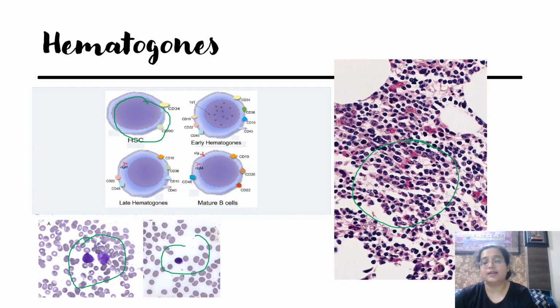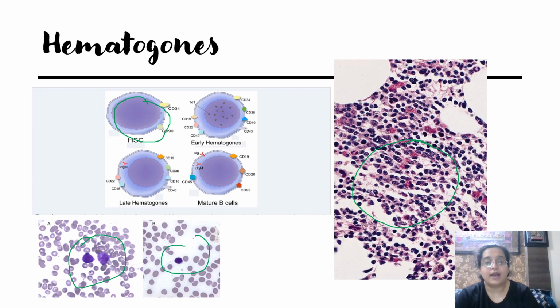If you feel that there are hematogones, you can ask the clinician to go for a flow for MRD status. But if you're sure everything is fine and the CBC is recovering fine, and in the paratrabecular seams you see a few blast-like cells without nucleoli, they are hematogones. This is just a recovering marrow. Please don't get confused and scared by seeing that.